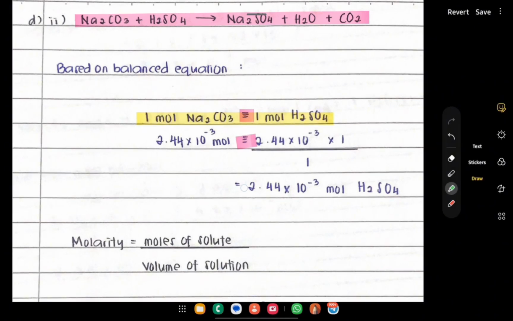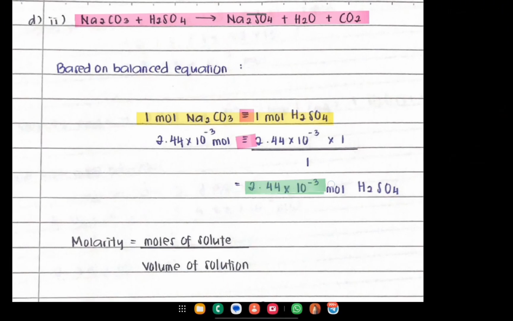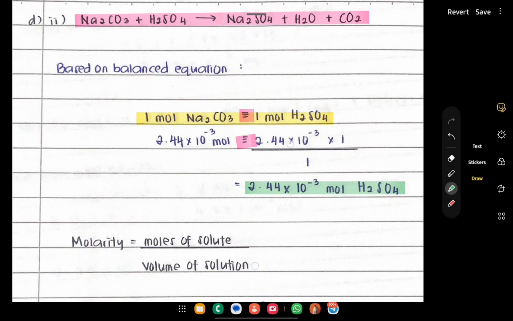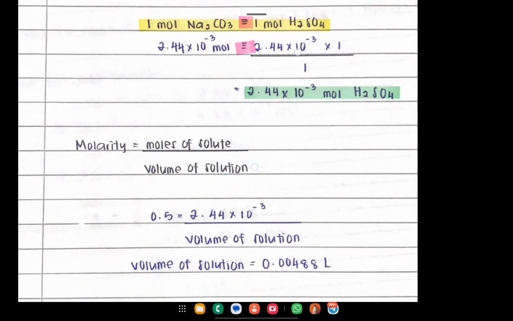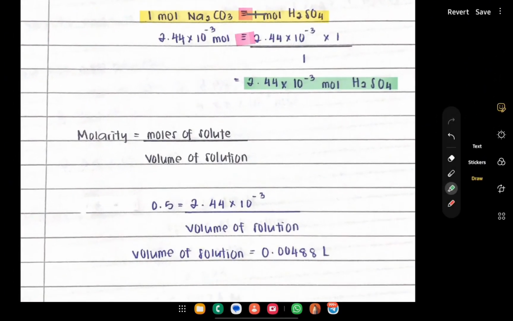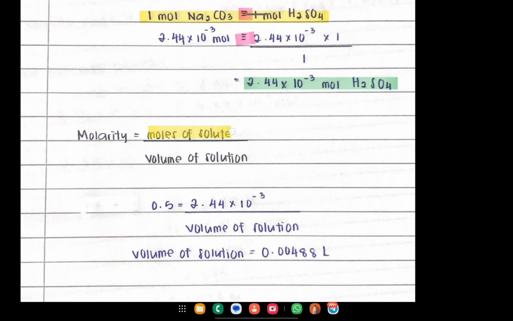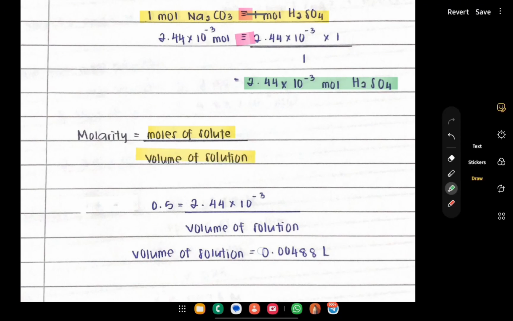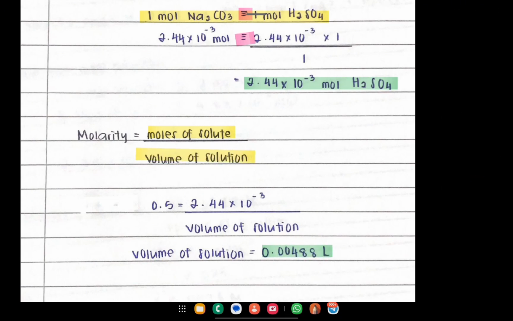We substitute the moles of Na2CO3 to find the moles of sulfuric acid. Then we got 2.44 times 10 power of negative 3 moles of sulfuric acid. Then we substitute the values into the formula of molarity to find the volume of solution. So we got the volume of solution is